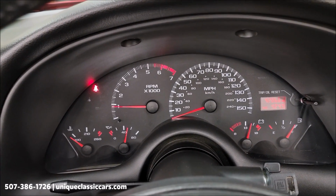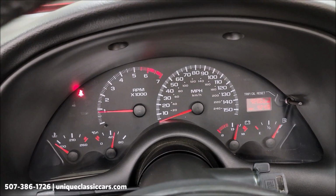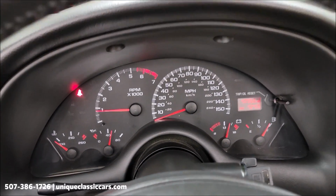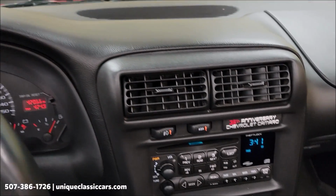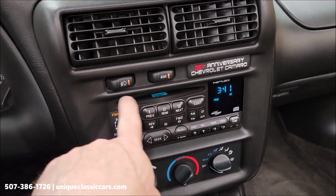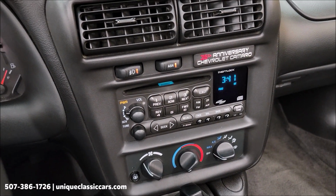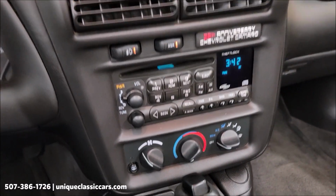Gauges all working, no warning indicators, anything like that. All that is, I do not have the seatbelt on, and the AC works very well. AM, FM, cassette, fog lamps, power top,